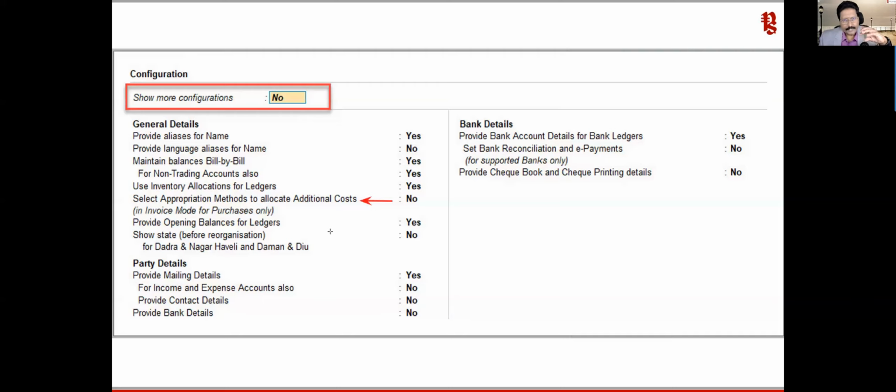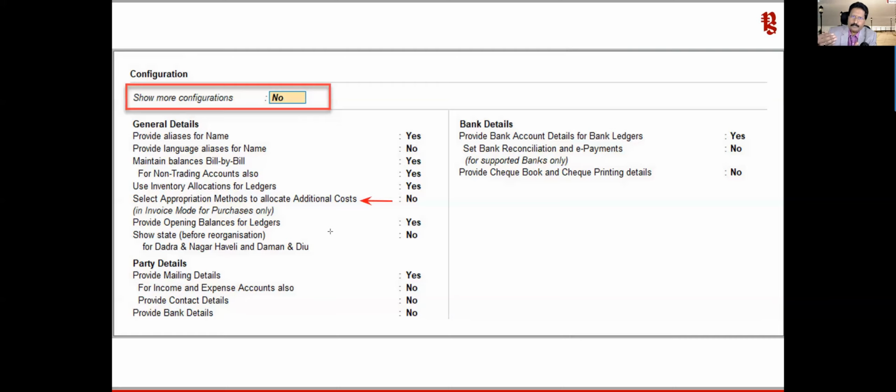So you will get an additional configuration in the master screen. We will see now where you can configure what is the mode or method of appropriation that you want. By doing that, whatever value you capture in that particular ledger will automatically get appropriated to the stock item.